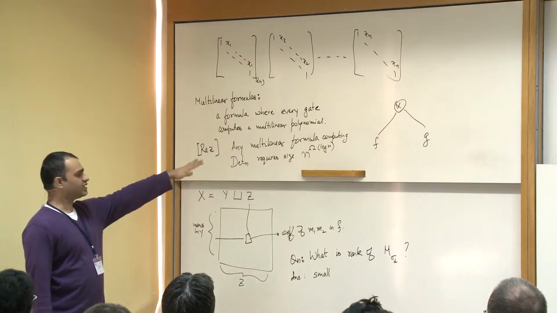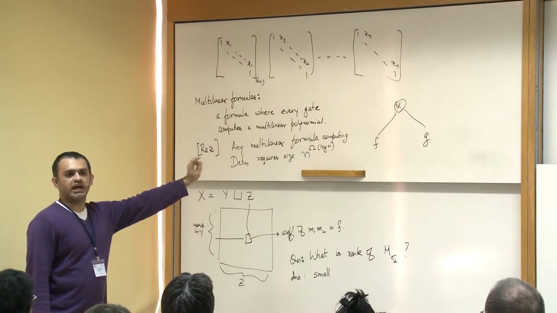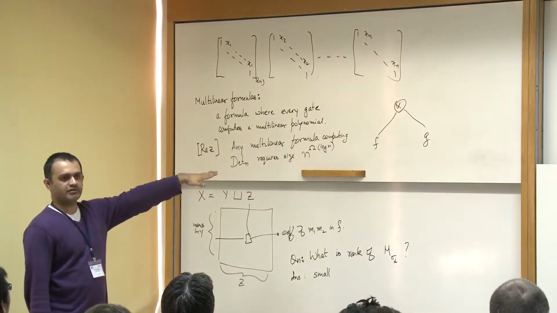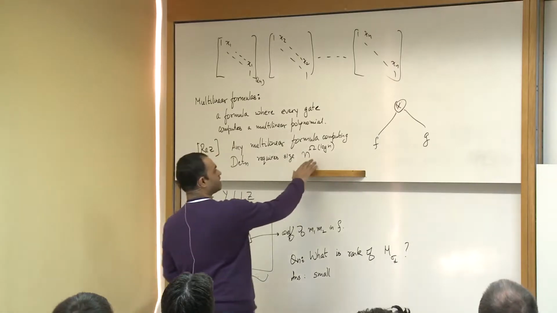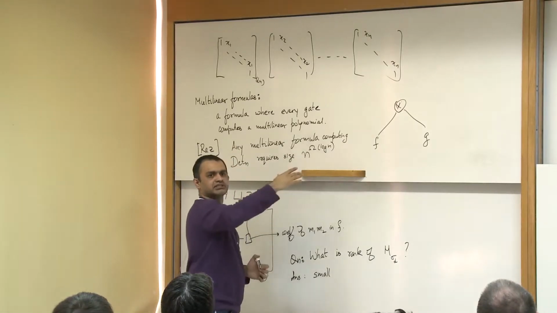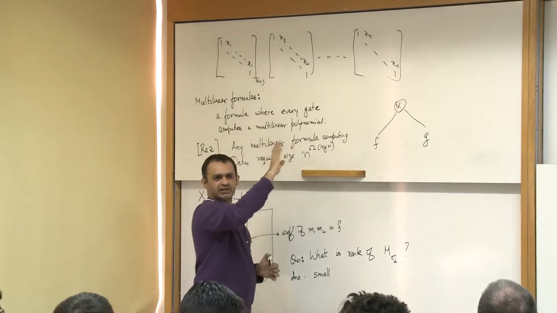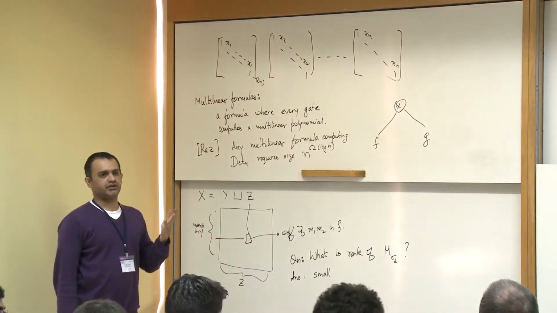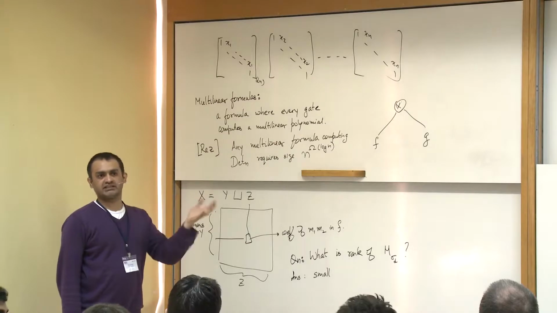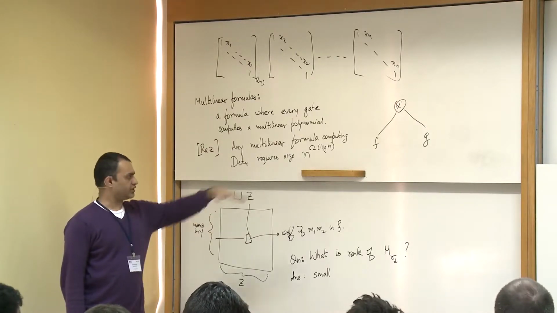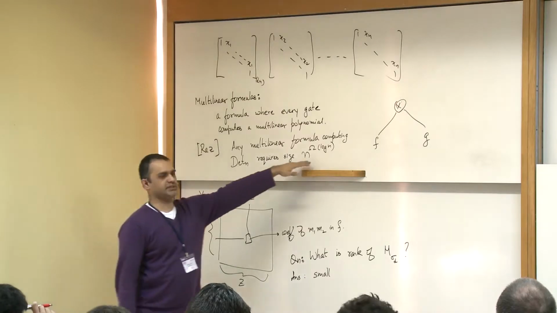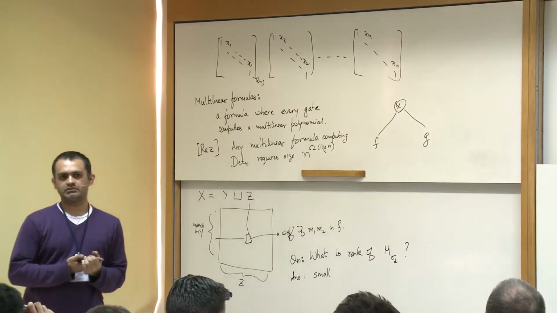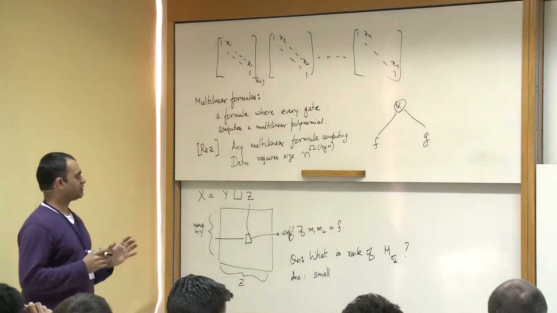But in terms of multilinear formulas for the determinant, at depth 3 actually we have lower bounds. We'll see a proof of that. For depth 3 we know that any multilinear depth 3 circuit computing the determinant has size not just this, but exponential. It will be 2 power omega of n to the epsilon or something of that sort. We'll see a proof of that. But we don't know of even small multilinear circuits for the determinant. This result says that multilinear formulas for determinants must be of super polynomial size. For multilinear circuits, we don't know. Okay. So this is where we are.